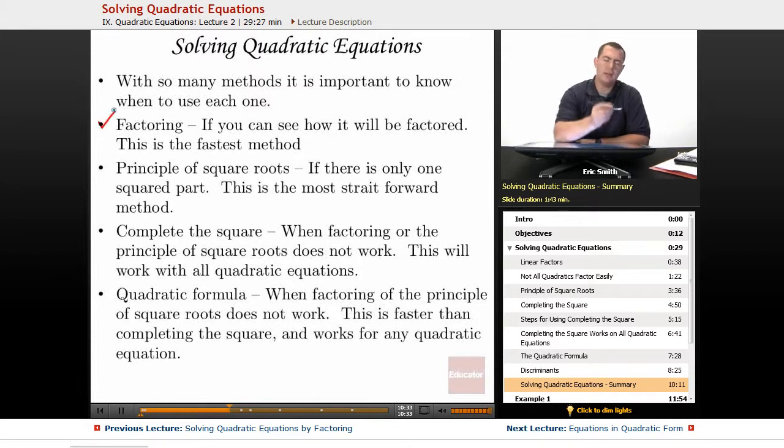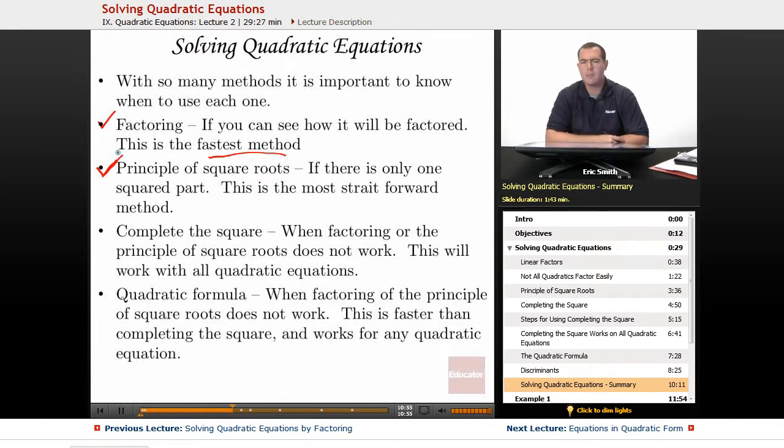The factoring technique that we picked up at the very beginning is one of the fastest methods you could use. This means if you're looking at a quadratic and you can see that it is factorable, then go ahead and use that method because you'll save yourself a lot of time. If you end up struggling with it for quite a bit, then maybe another technique is really what should be